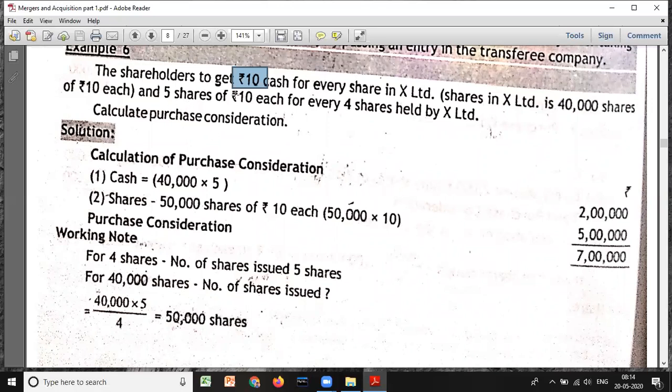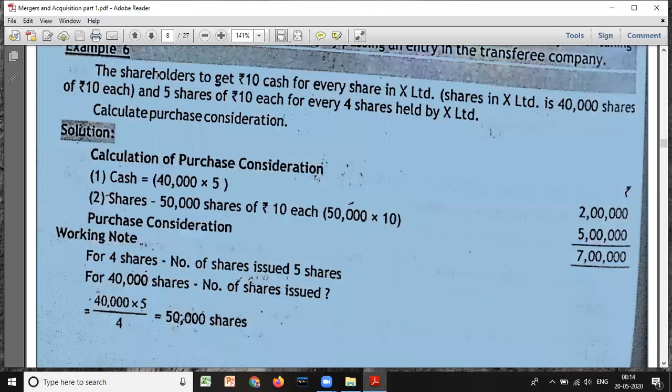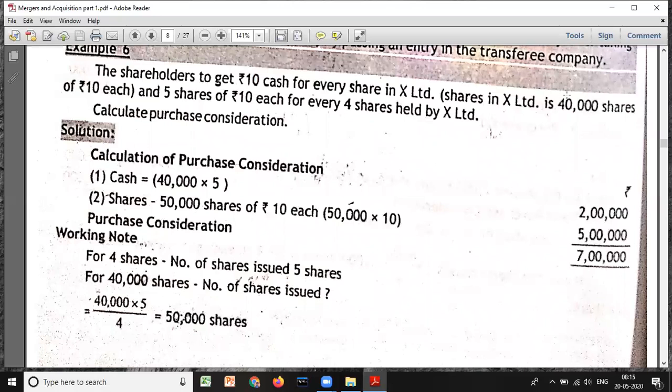And 5 shares of rupees 10 each. Look at here, they are giving 5 shares of rupees 10 each for every 4 shares held in X Limited. Please remember, these questions are very, very important for 6 marks. So they will be issuing 5 shares of rupees 10 each for every 4 shares. What you need to do? 40,000 divided by 4, because for every 4 shares, they will be issuing 5 shares. Now, 40,000, so we'll calculate PC. They have given the mode of payment, calculation of purchase consideration. They have given cash. They will be paying 10 rupees cash for every 1 share. Okay, every share. That is 10 rupees into 40,000, it will be,